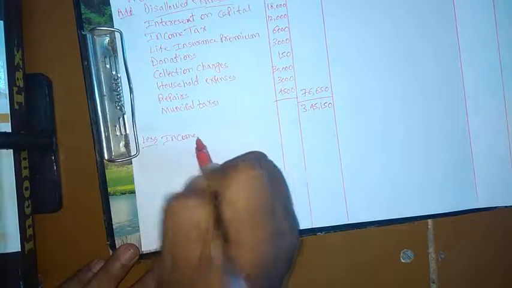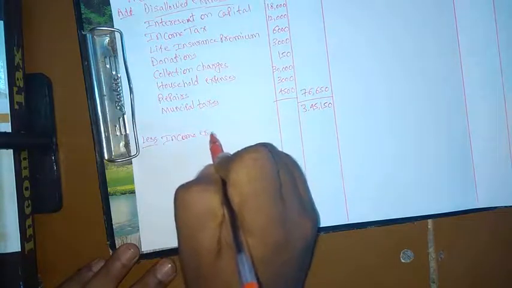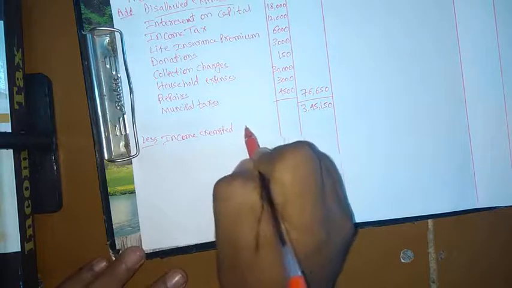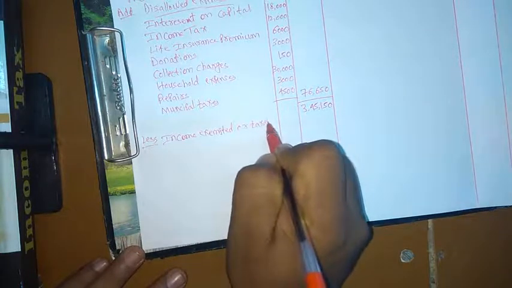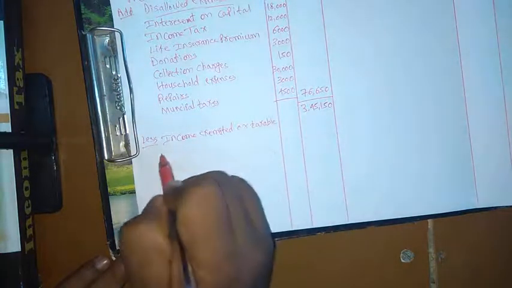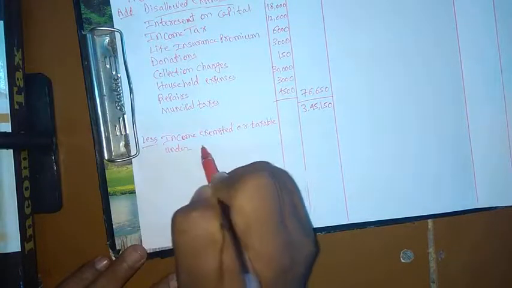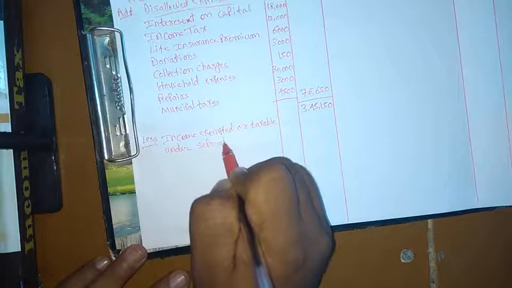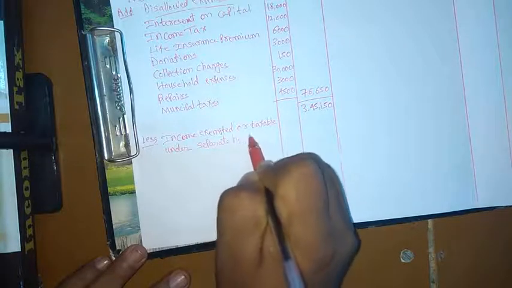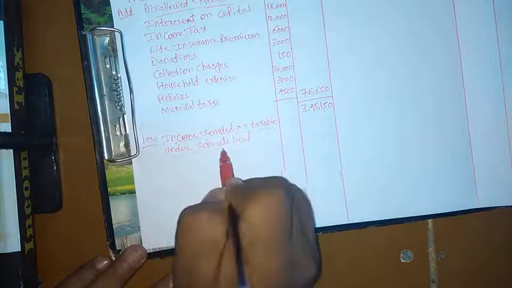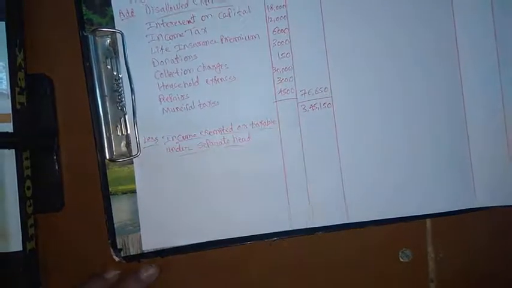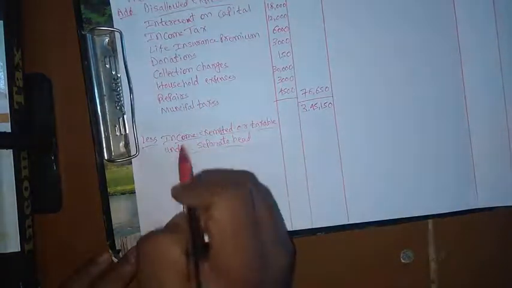Now in this, less income exempted or taxable under separate head. Underline this, income exempted or taxable under separate head. So which are those? Let me tell you. Those are, in this problem,